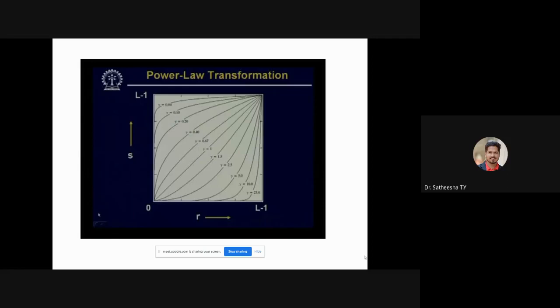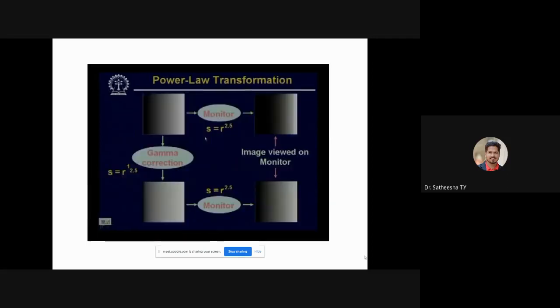So coming to the next slide, you can find that here we have shown the image which is to be displayed, on the top left corner. You can see the monitor has power law characteristics, which is given by S equals R to the power of 2.5.